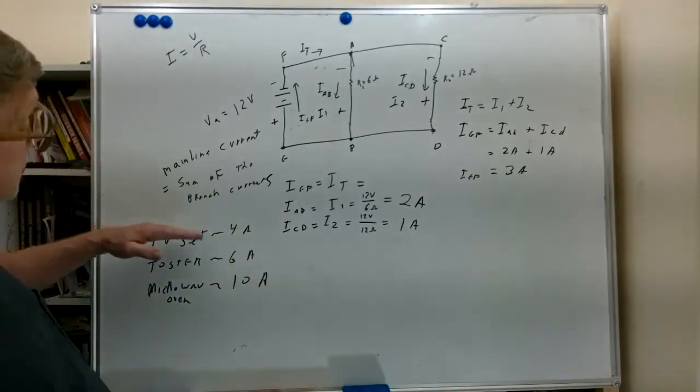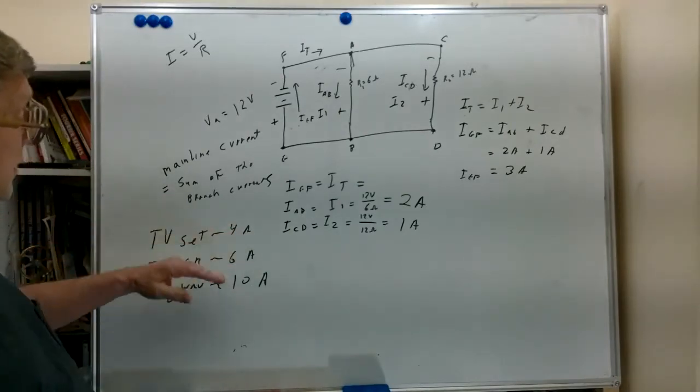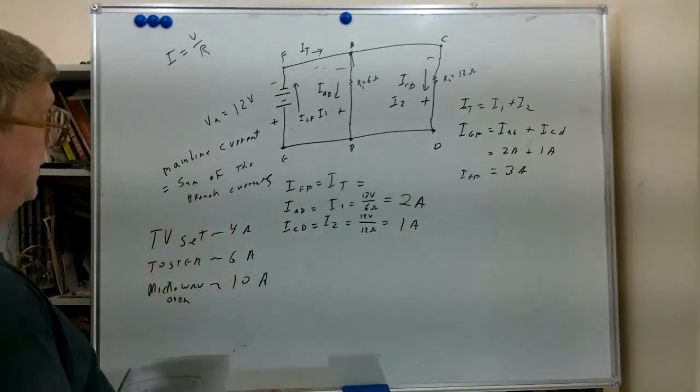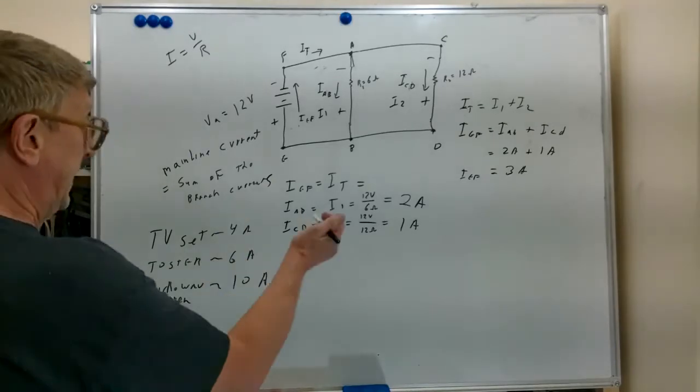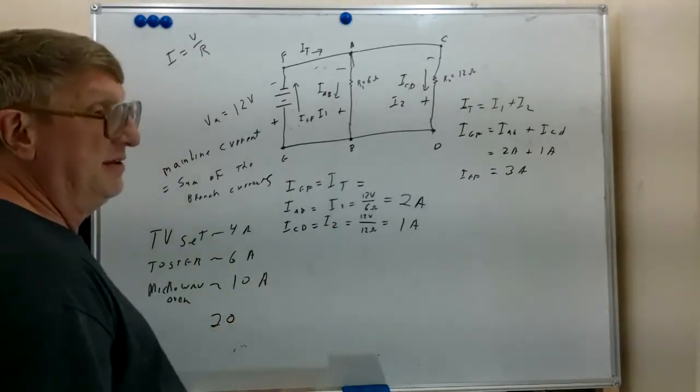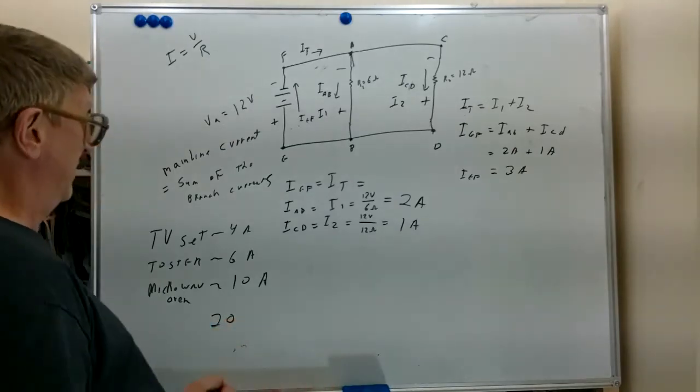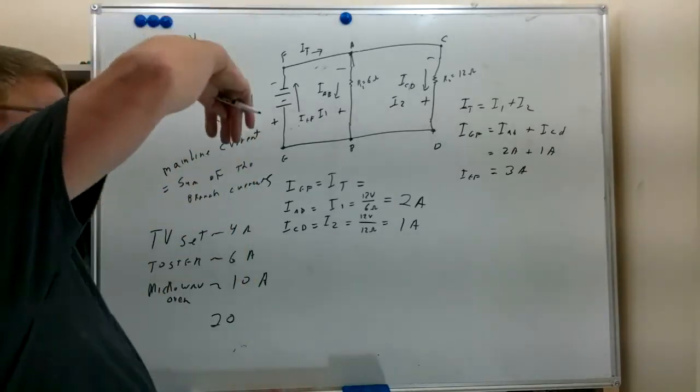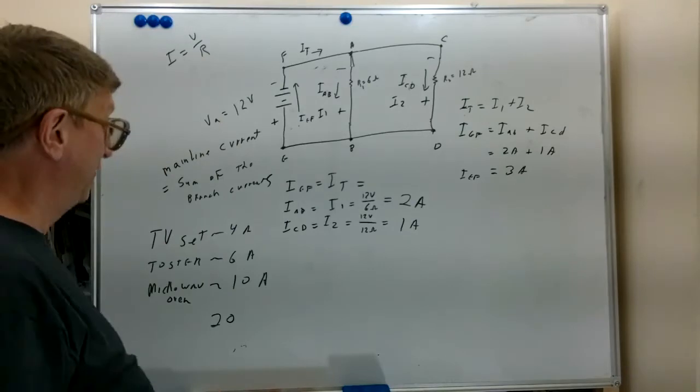These could each be considered branches. When they were all running, we would have 10 plus 6 plus 4, we'd have 20 amps being fed off the main line, or the lines coming into the top of your panel in your home,